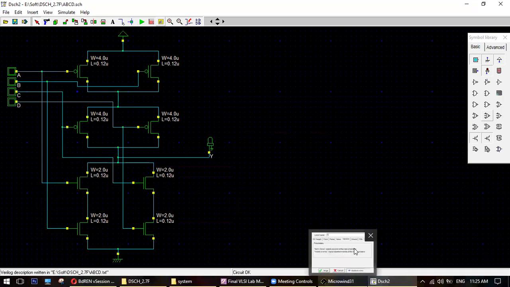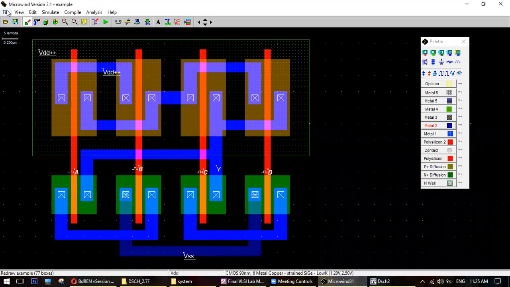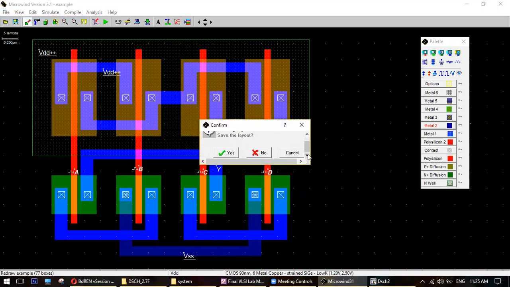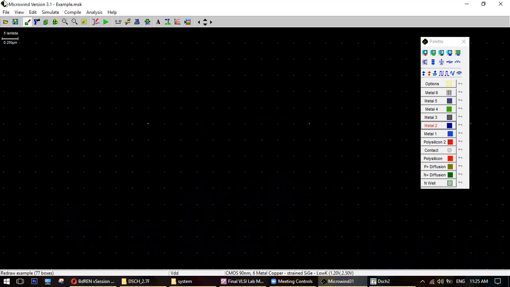Now I am going to the Microwind. From the Microwind, I will click new. I will go there and I will compile. Wait a second.